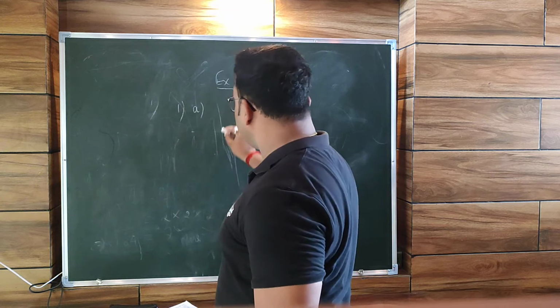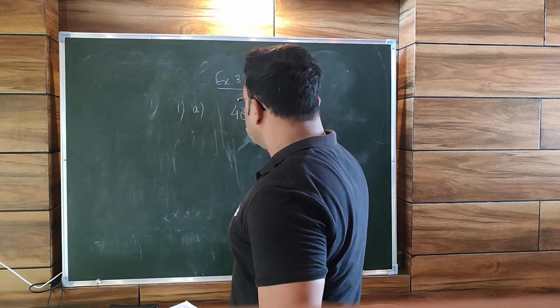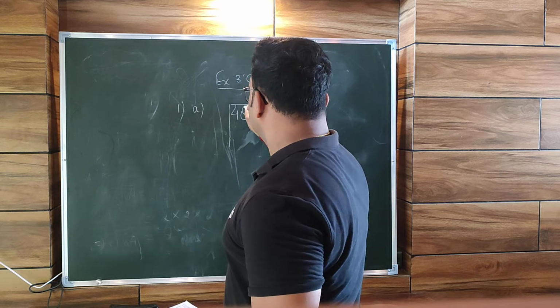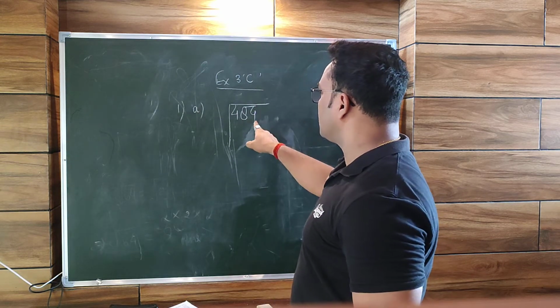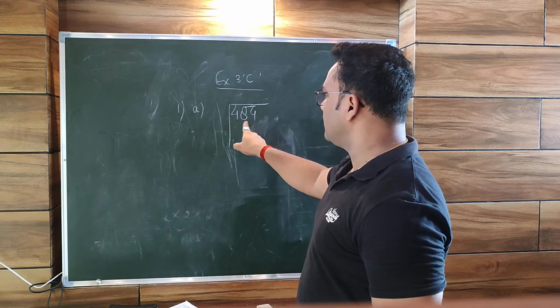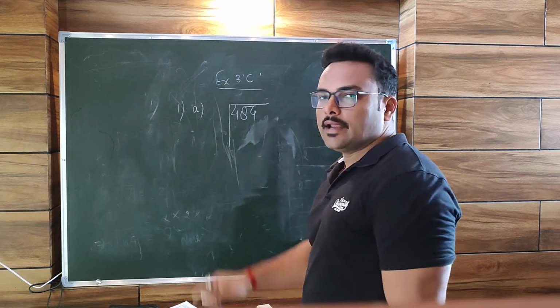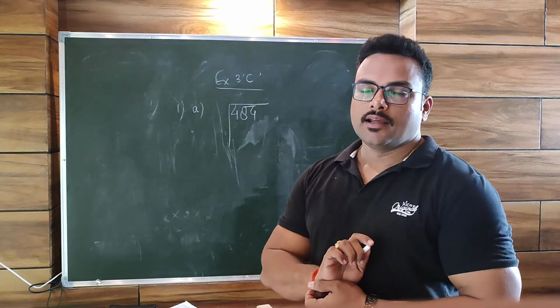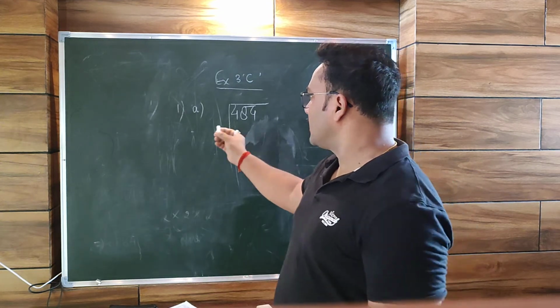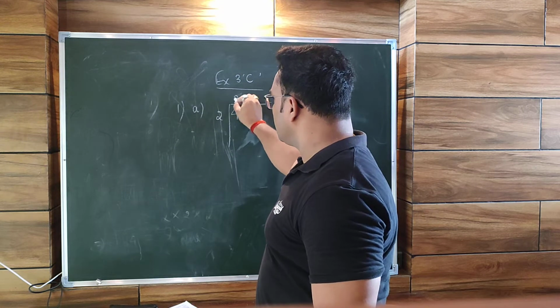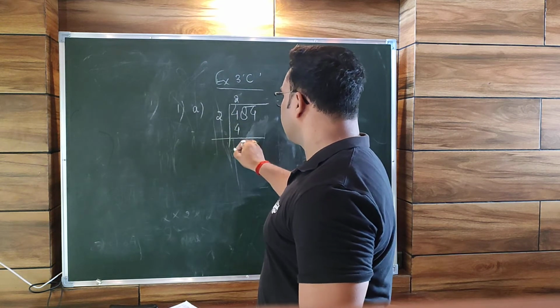It is 484. So first of all, you have to arrange in pairs from right to left. So on the right we have 84 and on the left we have 4. For any number you have to think of a number whose square can divide it completely. So one number we have is 2. 2 2s are 4. So it is cancelled.